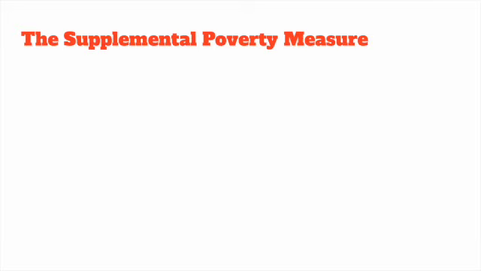Families no longer spend 1/3 of their income on groceries, and the government now supplies a lot more different aid programs that don't necessarily cover cash benefits. Because of this, the SPM was created, or the Supplemental Poverty Measure, to measure more realistically what people's incomes look like from year to year.